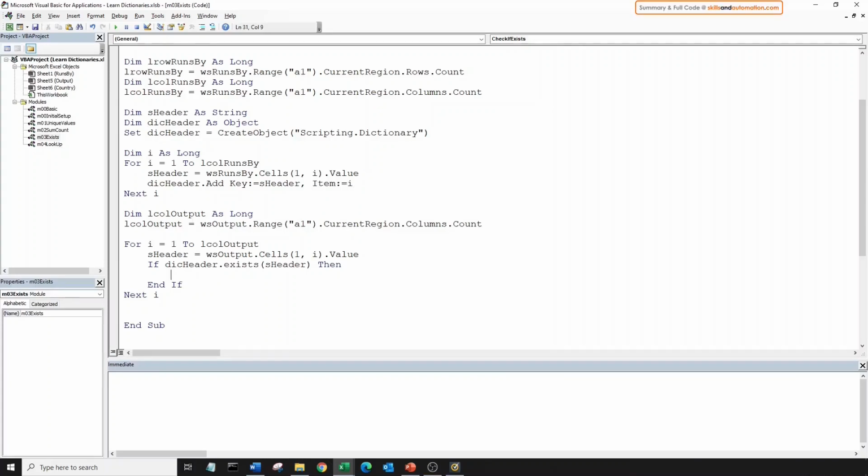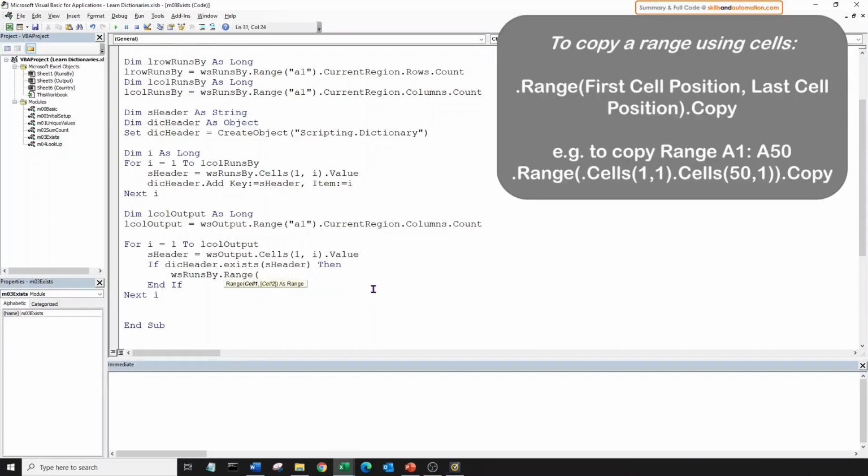So we'll use the range object to copy. And we'll define the range using cells. So we need to state the first cell, which is in the second row, and the column number from the item. So to grab the item, we'll refer to the dictionary using the key.